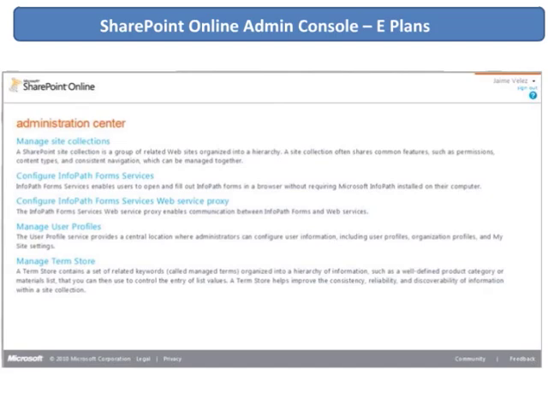You can also manage InfoPath, so you can have forms online. And you can also manage your user profiles. User profiles is part of the My Sites. This is where you can incorporate some of your user information into their profile, into their My Sites. And then lastly, you can also manage the term store. Term store is a way that Microsoft describes a taxonomy that you use for the site. So the term store allows you to put in certain keywords or tags that you want to use when you tag documents on your SharePoint sites. Okay, one moment. I'm going to advance to the next slide now.